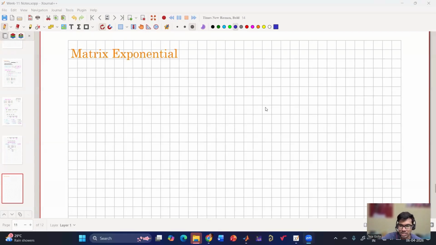So the matrix exponential is basically e to the power At. How are we going to calculate e to the power At? So first, whatever we have, x dot is equal to